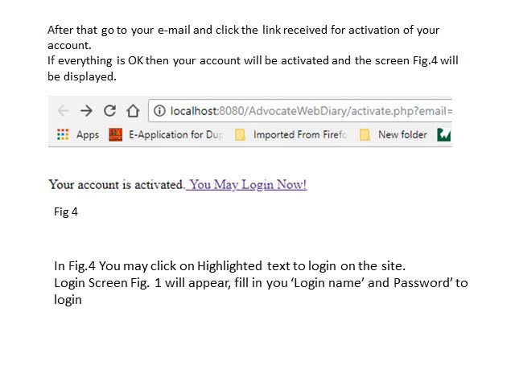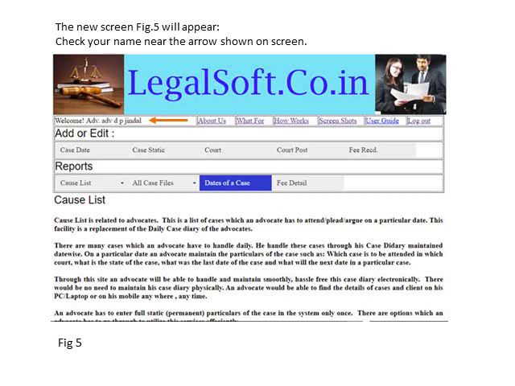After clicking you may login now, screen figure 1 will appear. Fill in your login name and password to login. And if credentials are correct, then this page will be shown to you.